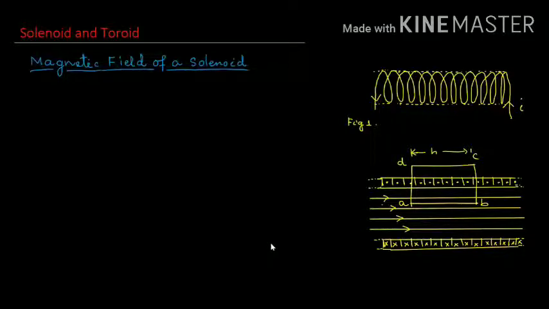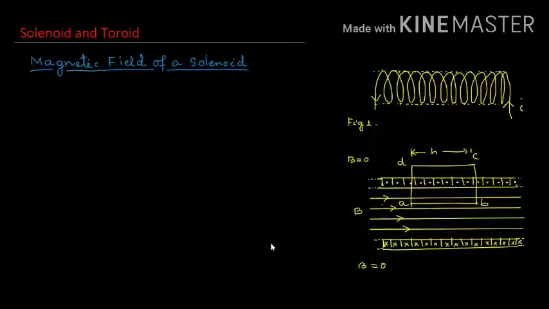When the solenoid carries current I, a magnetic field is created inside the solenoid. The magnetic field inside a very tightly wound long solenoid is uniform everywhere and zero outside it. Inside the solenoid the magnetic field is B, and outside the solenoid the magnetic field is 0. The field lines are parallel inside the solenoid. This implies that the magnetic field is uniform everywhere inside the solenoid.